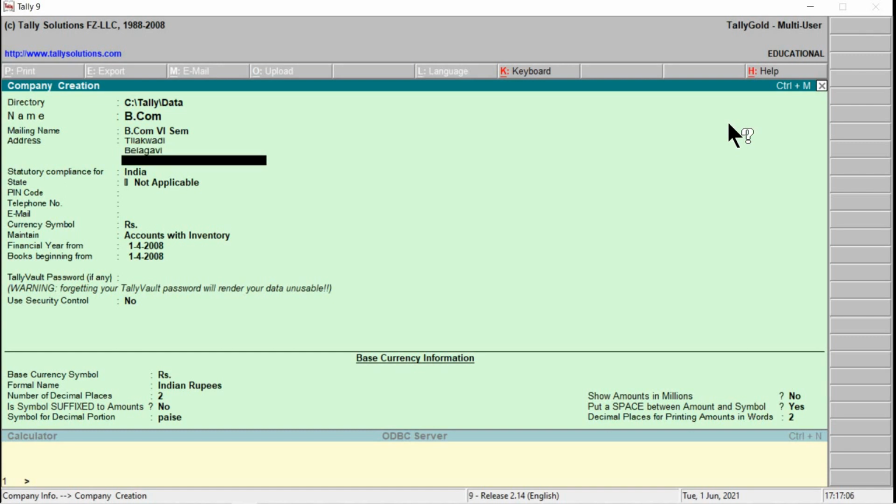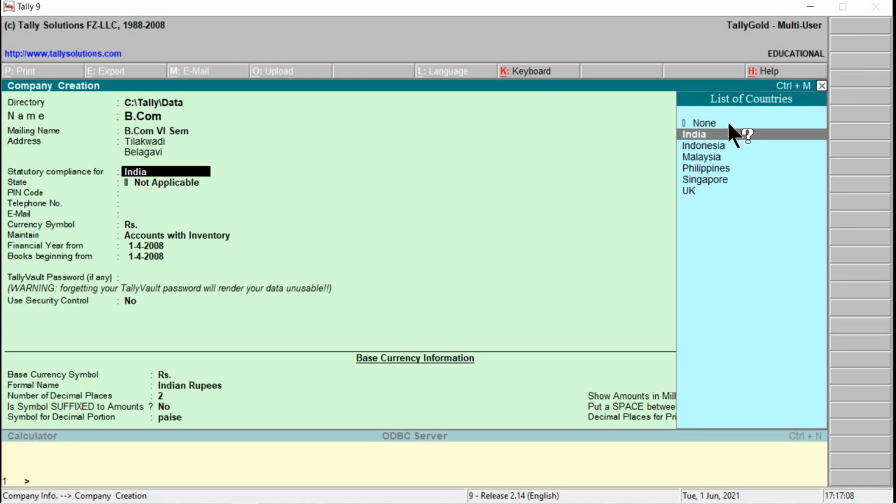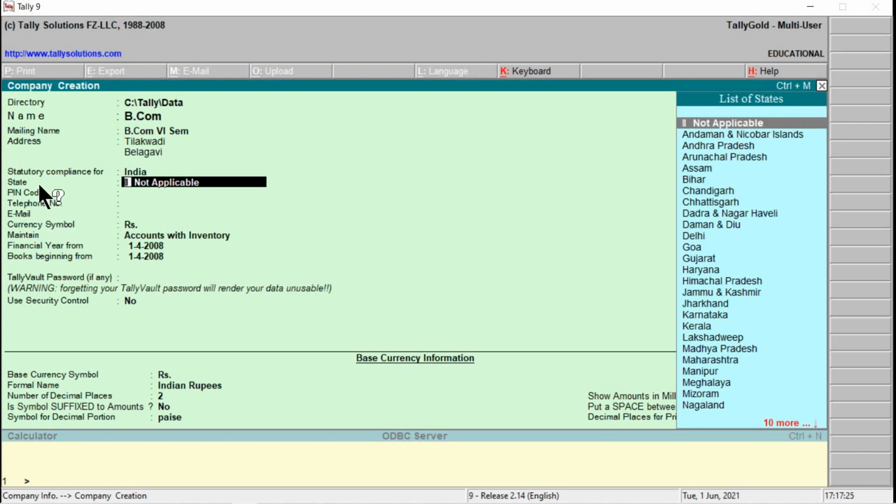Then comes the statutory compliance for which country. There we can see the default is India, and on the right hand side we can see the list of countries, right? But here we have to select the country India. Then next, the state field, and here we can see the list of states.